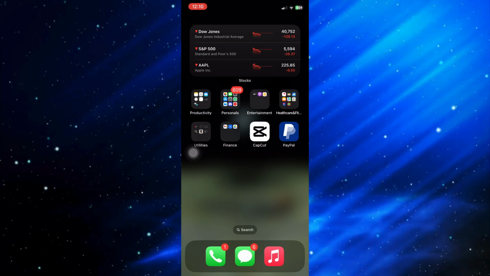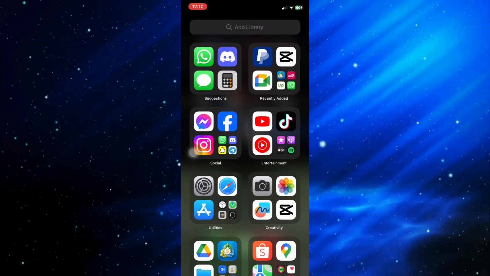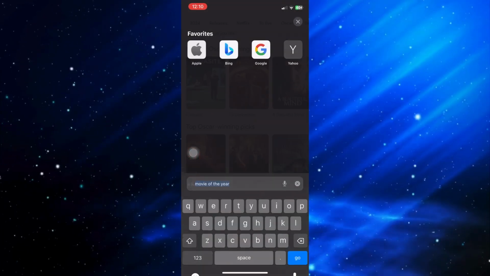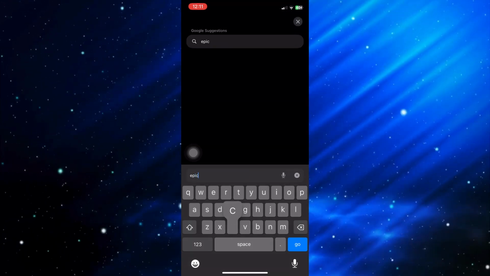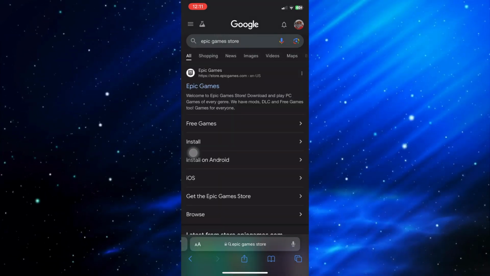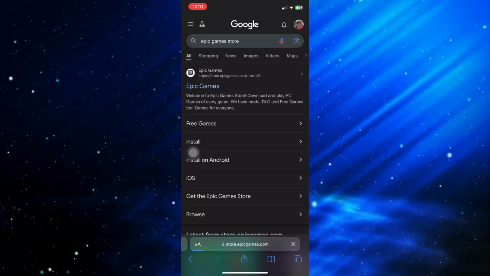Now all you have to do is go ahead and open up your browser right here on your iPhone devices or your iPads, and once inside, you can just go ahead and search for Epic Game Store. Go ahead and open up the website, which is store.epicgames.com,